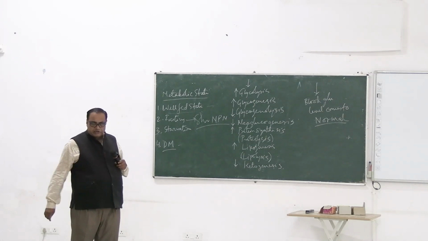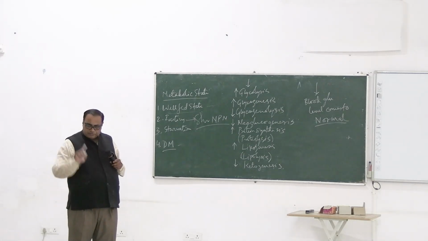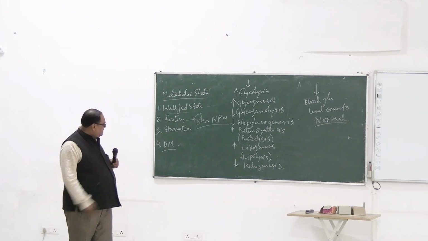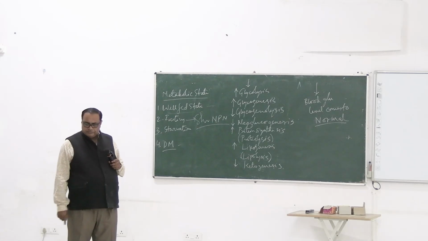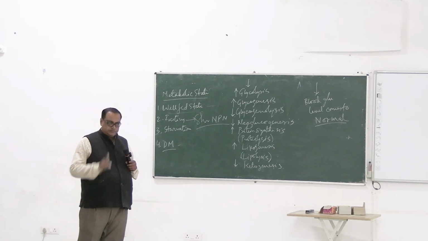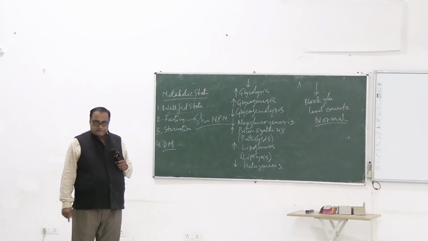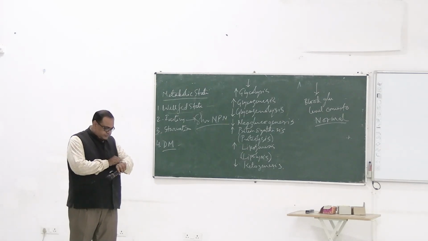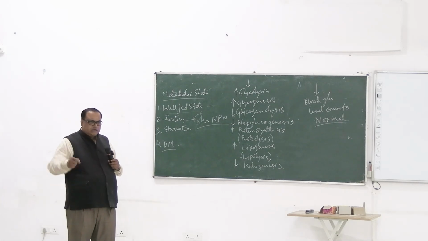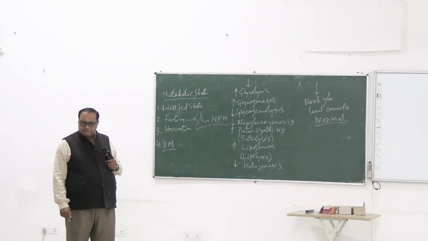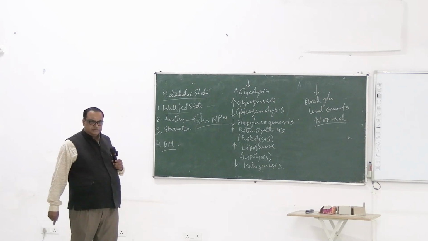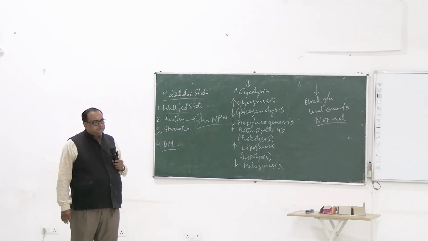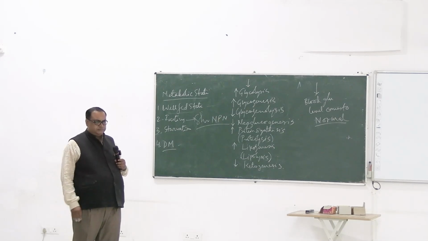Suppose the patient is admitted in the hospital, then IV also should be stopped. Dextrose drip, correct? So 8 hours completely without food, no entry of glucose. That is called fasting. Now that is the minimum allowed time. What is the maximum allowed time? 14 hours, not more than 14 hours. Then you must not take it as fasting. 8 to 14, correct?